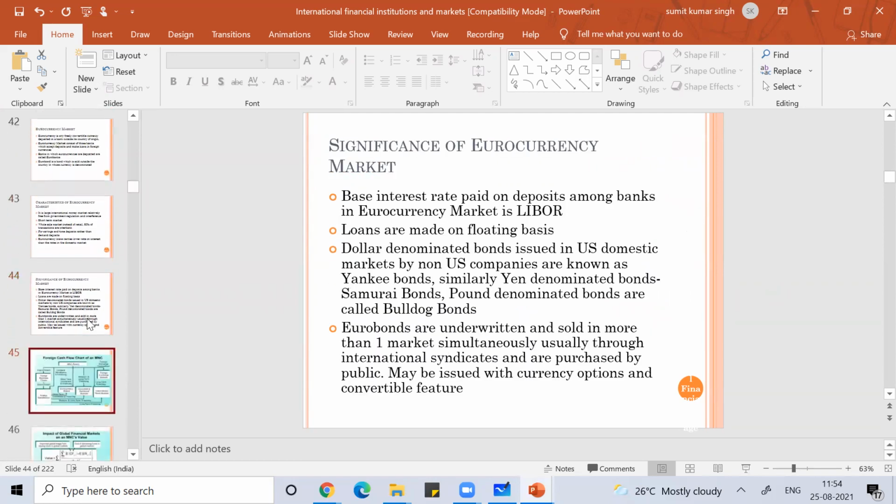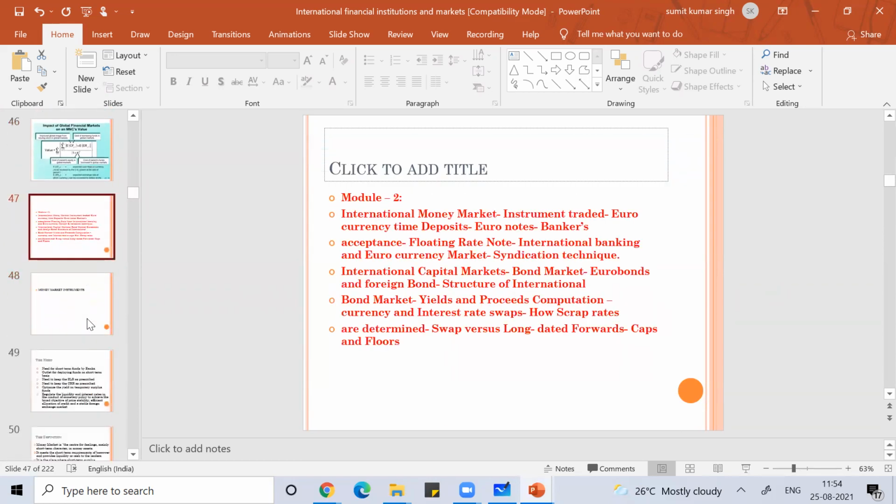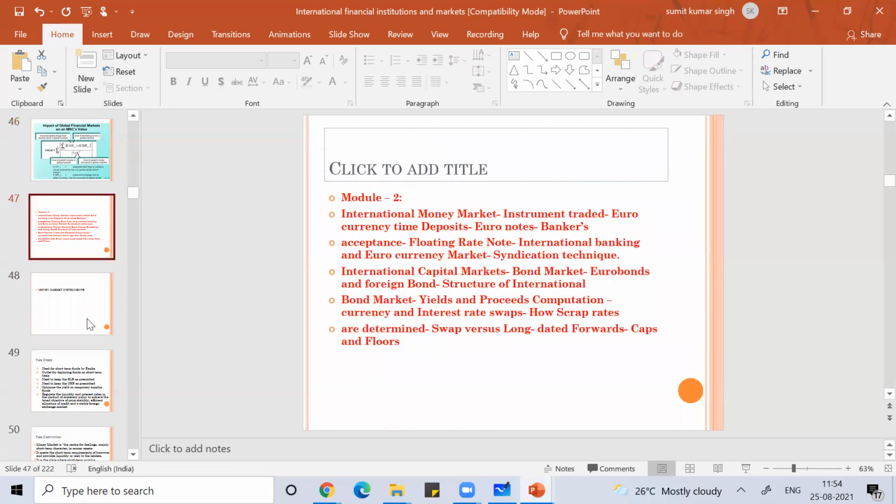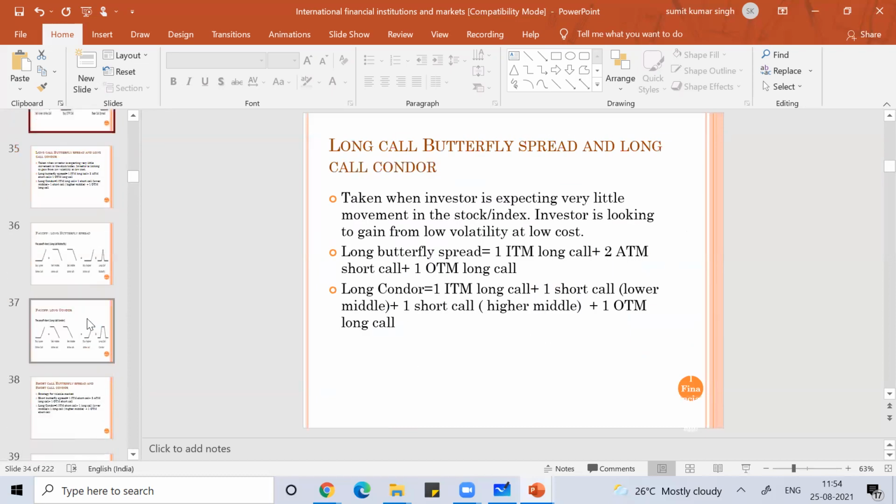Now if you see this, this is second, right? This is where module two started. So till slide 46 you have module one, and from 47 you have module two.